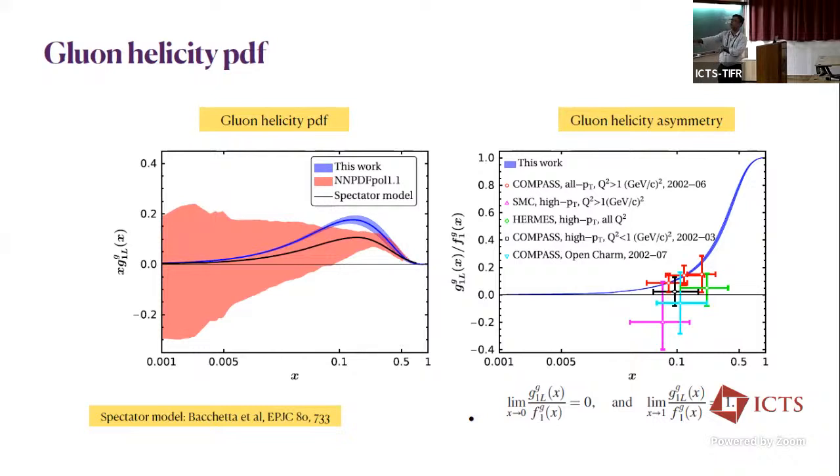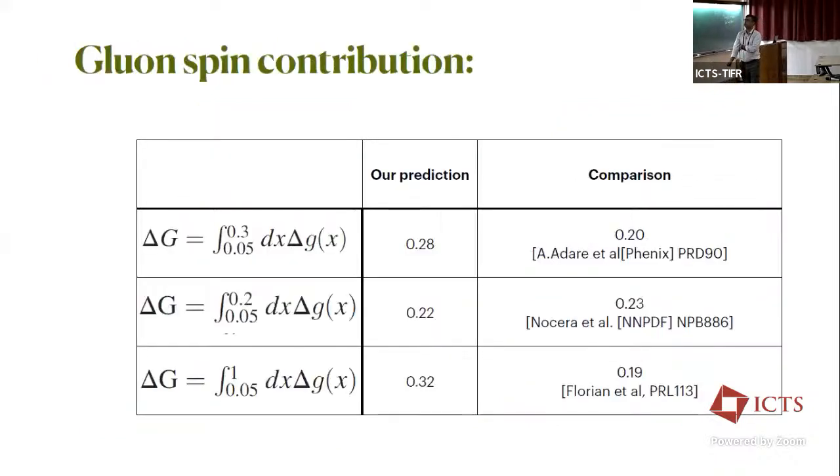And this black is actually from this result, but I think that is also fitted data, not a prediction, in your paper. So from this gluon helicity GPD, we can calculate the total gluon spin contribution. That you get from this integration of this, sorry, it is actually G1. Okay, so sorry for the different notation.